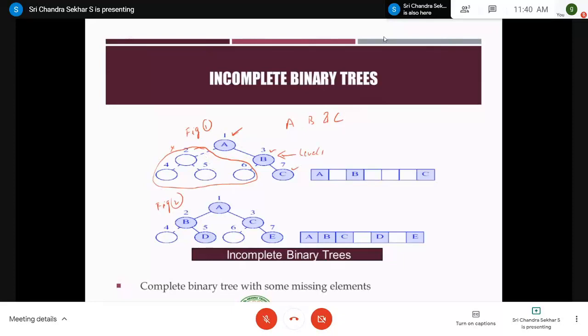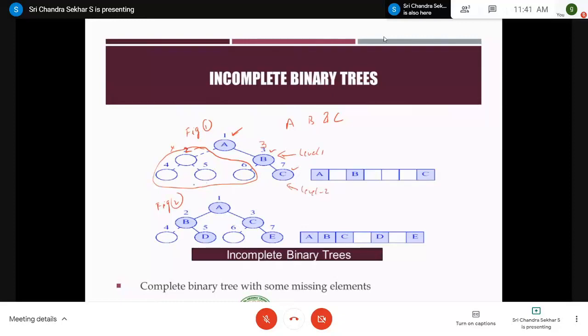So you have to assume, and this is very important, whenever there is no left child or right child for a particular node in the binary tree, that there exists a dummy node there, right? Therefore, you draw a dashed line, a dummy edge, and you draw a dummy node, and you have to give the numbering to the dummy node also, right? So the left child of A is a dummy node, which is numbered as 2. Now you go to the right child of A, which is B, an original node. It's not a dummy node. Therefore, you give it 3, right? Next go to the next level. This is level 2.